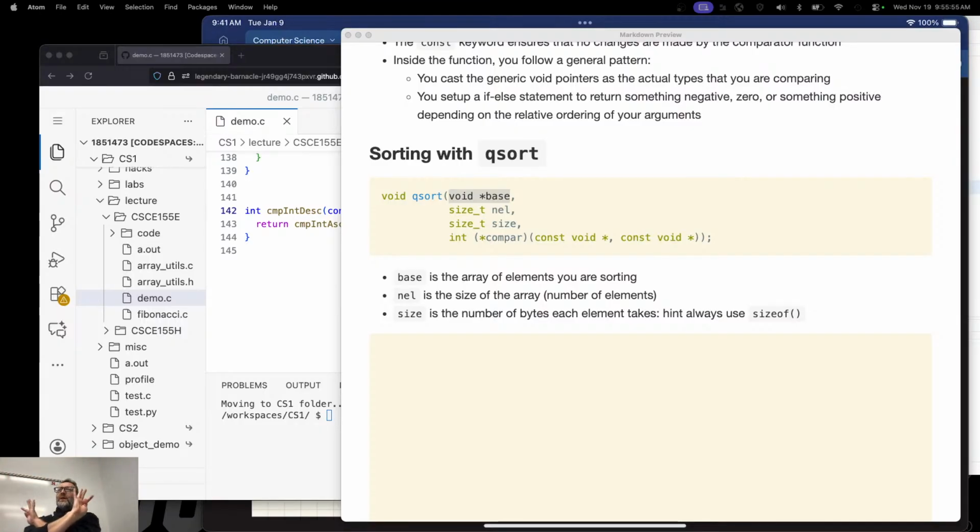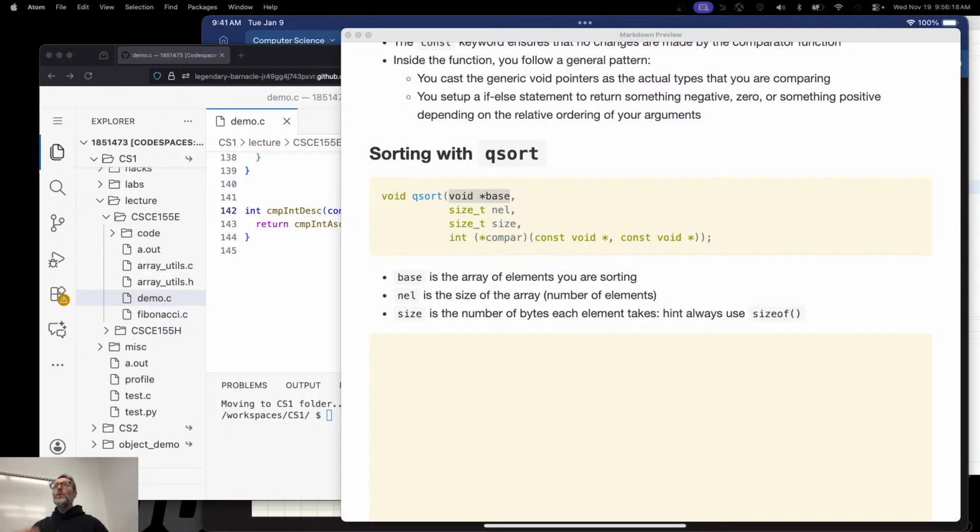What do I need to know? How many bytes I'm taking from over here and moving over here, and how many bytes I'm taking and moving over here. Because if it's an array of, say, doubles, then there will be 8 bytes over here and 8 bytes over here. Again, I'm quicksort, I don't know what they are. I don't know that they're integers, I don't know that they're doubles, I don't know that they're airports.